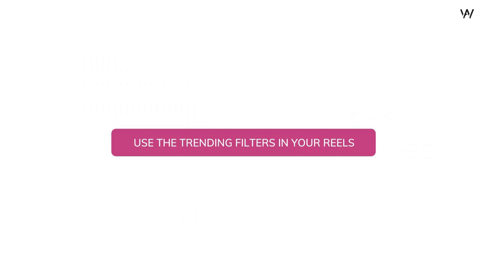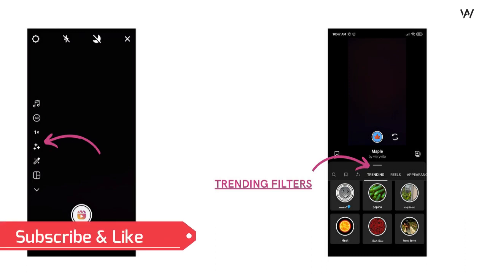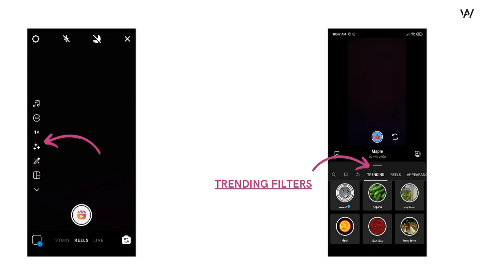Now the second trending feature that you should use in your Instagram Reels is trending filters. To find out the trending filters that people use on their Instagram Reels, as you can see on the screen, open the Reels section on your Instagram app, and on the side you have the filter symbol as shown on the left image. Click on it. After clicking on it, you will see what I've shown on the right image, and you have a trending tab at the top. Just click on that trending tab to view the latest trending filters of Instagram Reels used by people across